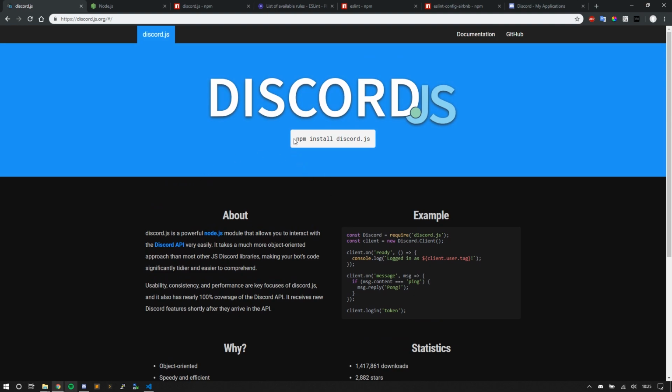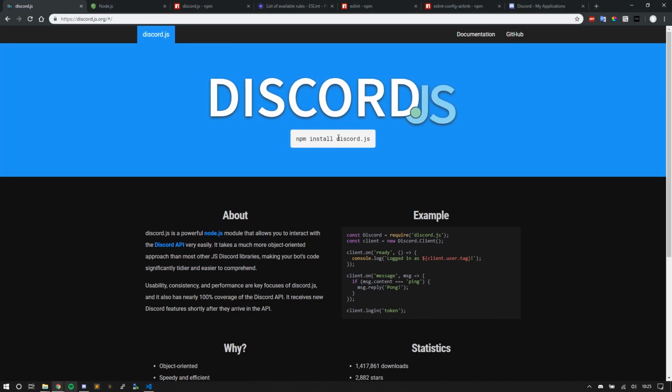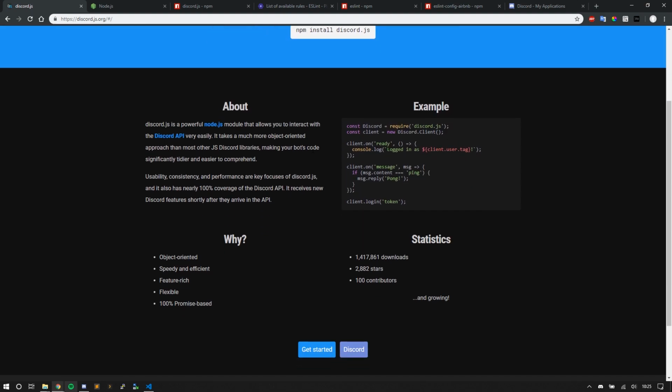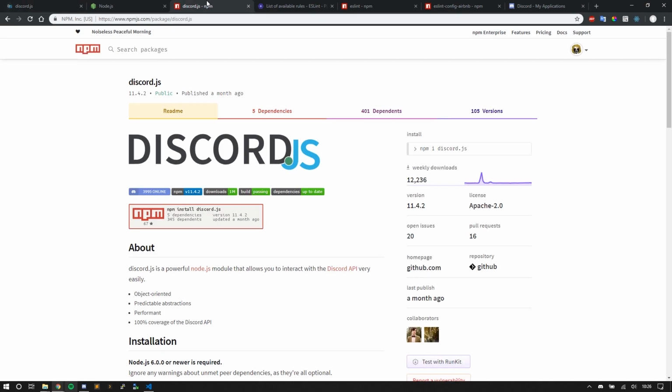To start, you can do npm install discord.js, but we'll get there a little bit later. Over here I have some notes to help me go through this, but like I said, how to install discord.js, we'll get there in a little bit. Anyways, I want to start talking about the documentation, because I see a lot of people starting out miss the documentation and it's ignored. You're going to see me consistently bring up the documentation in the series and refer to it as I'm working through different episodes, because I want to keep reminding you guys that there is amazing documentation out here at discord.js.org.